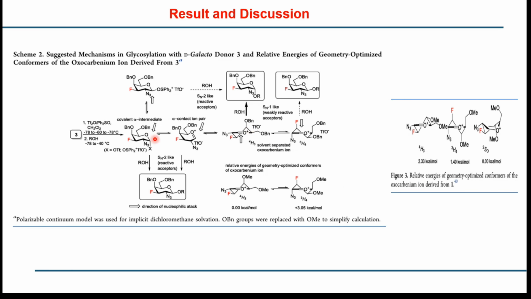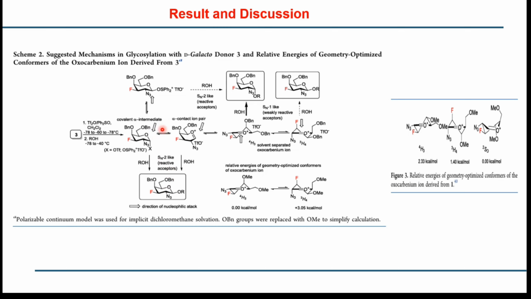So here they have taken this galactose only for the mechanistic studies. They have taken this acceptor. Once this intermediate forms, like alpha triplet, if the nucleophile attacks here only, that means it will attack when the acceptor is a reactive acceptor, that means a strong acceptor. In case of 1 and 2, where one primary hydroxy was taken as acceptor, in that case, only the SN2 attack will happen.